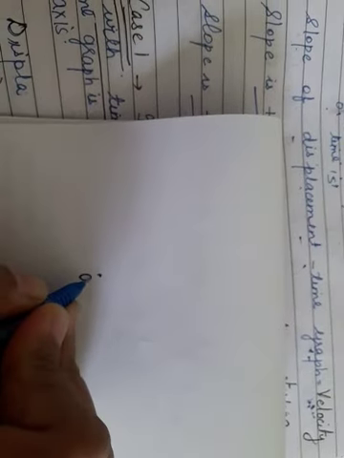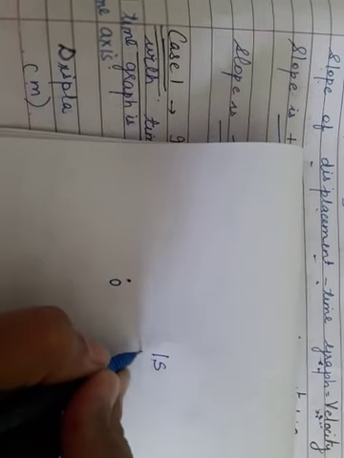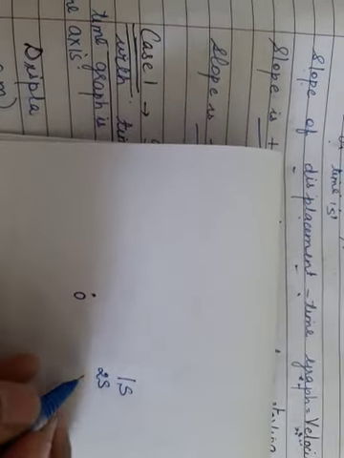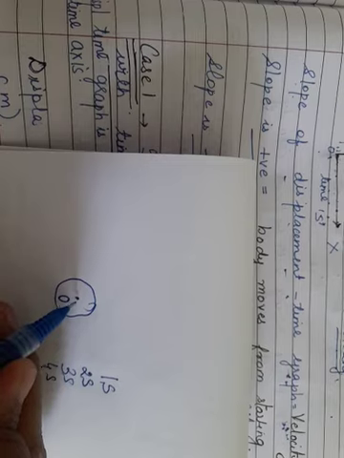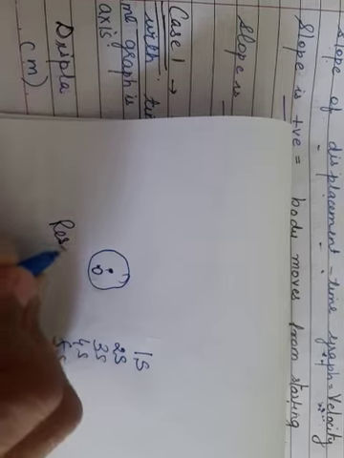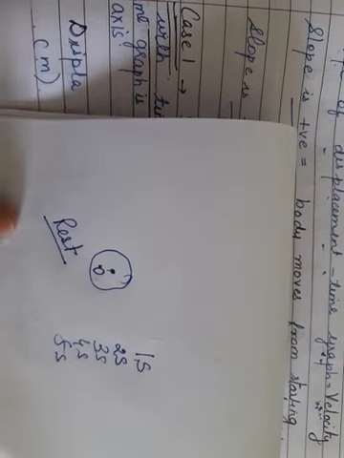For example, let us see that the body is at a position here. For 1 second the body is here, for 2 seconds the body is here, for 3 seconds, 4 seconds, 5 seconds. So here the body is at this point itself, it's not moving at all. So what can we say about this body? We will say that the body is at rest, or that the body is stationary, right?